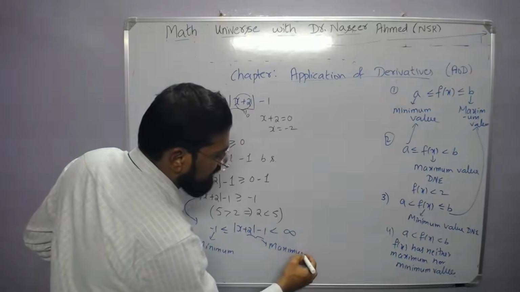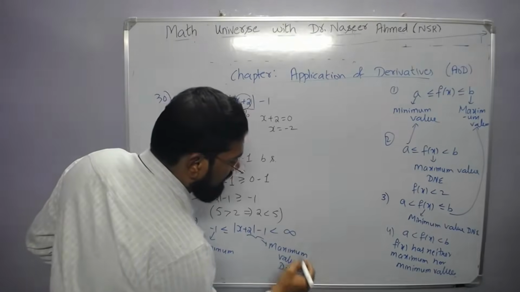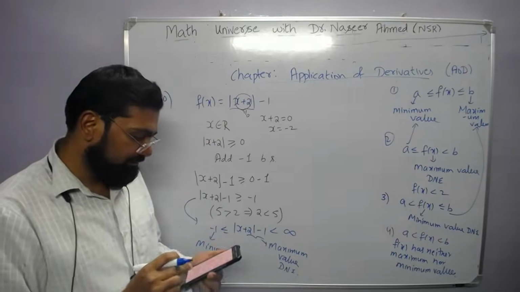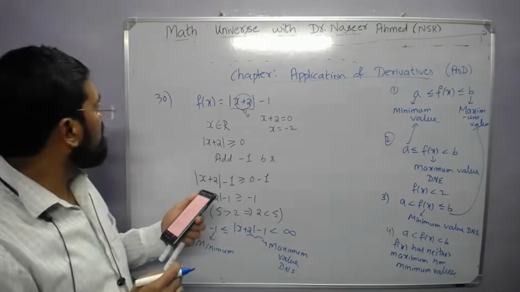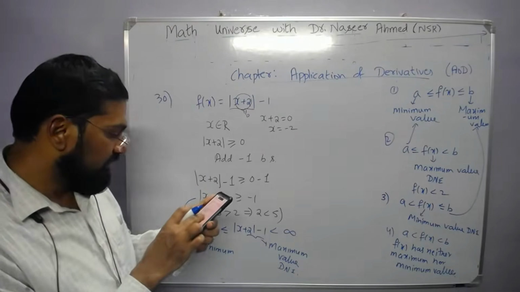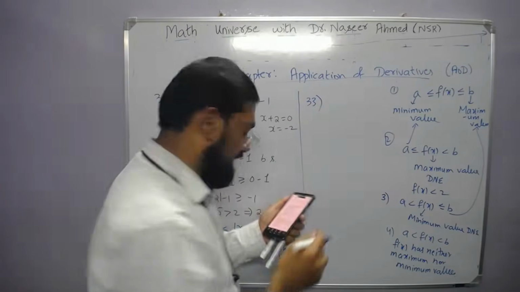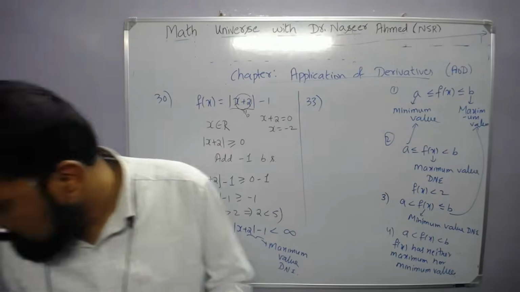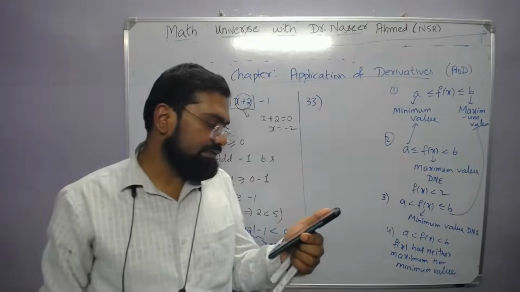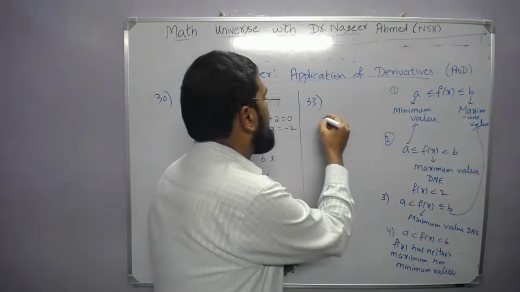I hope this point is clear. Maximum value does not exist. Okay, so anyway, I have answered both in place of only minimum. So maximum value does not exist. Question number 30 done. Now question number 33, you see. Question number 33 is saying, okay, I hope there's no doubt. Okay, question number 33, they're asking maximum value of sin x